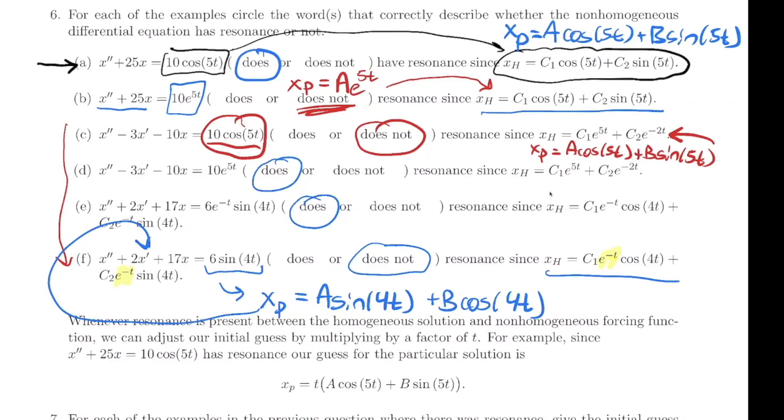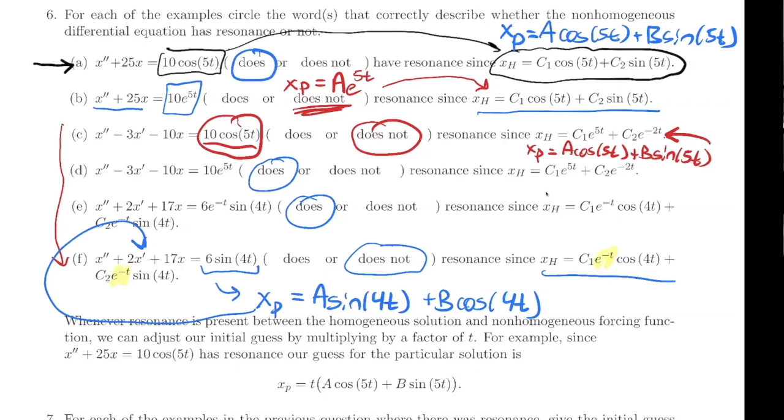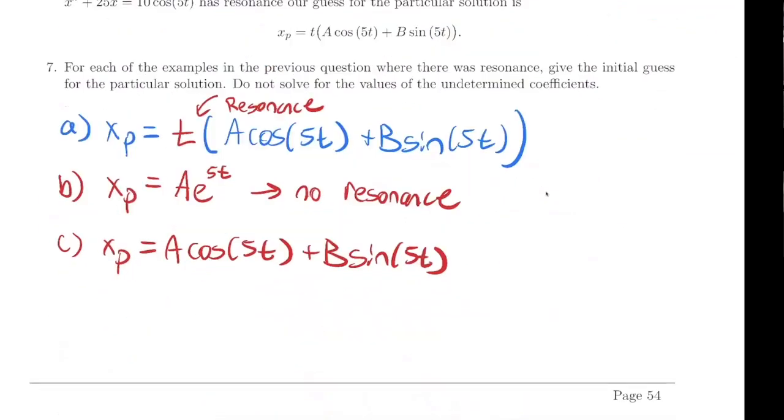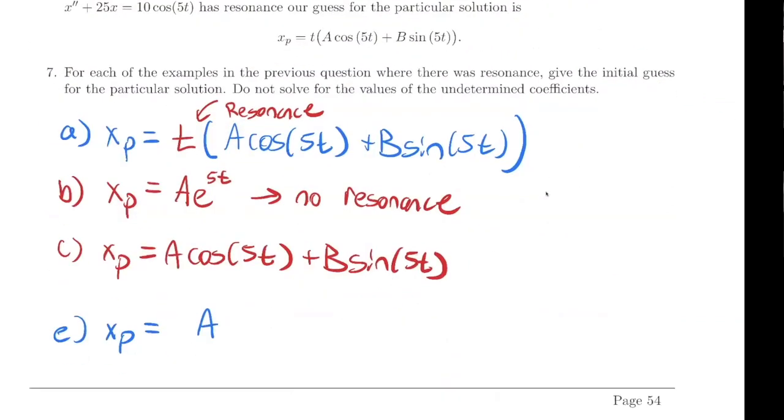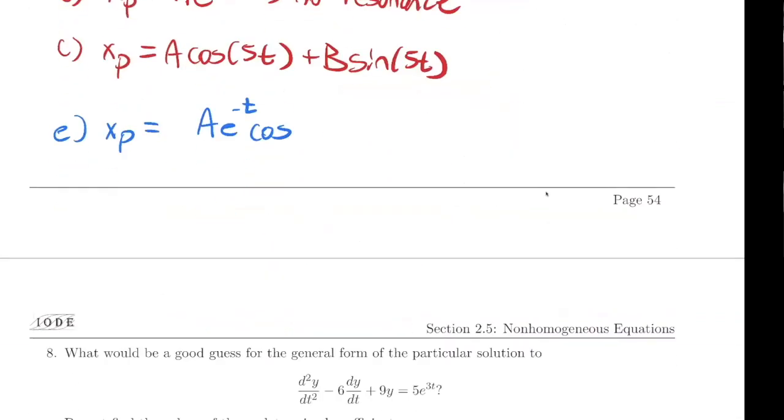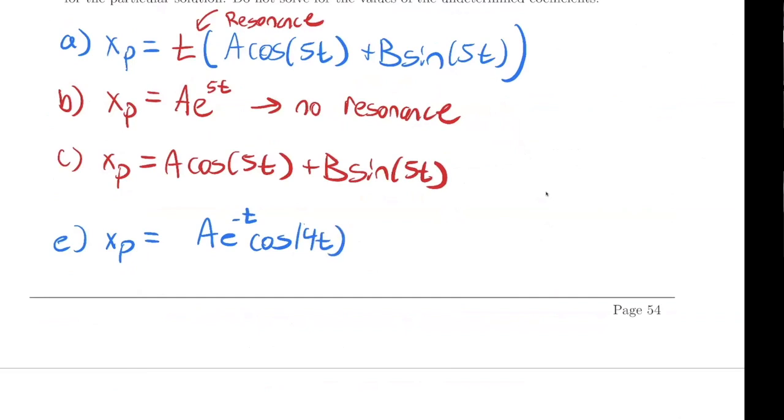Whereas if you looked at E, in E, you do have the e part and the trig part that match up. So that's why there's resonance there. And then for E, the particular solution would be A times e to the negative t sine 4t plus B times, you would just add an e to the negative t in each term, right? Yeah, so in E, you initially would guess like A e to the minus t cosine 4t plus B e to the minus t